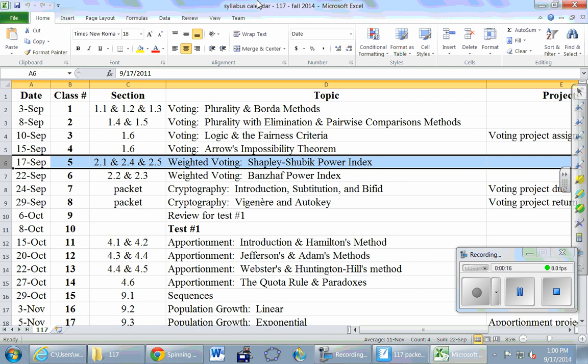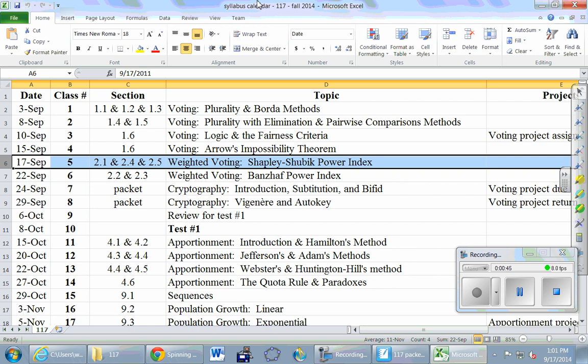Now the next 2 classes is another topic called weighted voting, and you might say, well, wait a minute, the word voting is still there, but rest assured this is a very different kind of topic than the one that we had before. Everything that we've done in the first 4 classes has been relying on the idea that one person gets 1 vote and we're all equal in terms of how much power we have when we vote. But now we're going to talk about cases where maybe one person gets 2 votes or one person gets 10 votes. And that's called weighted voting.